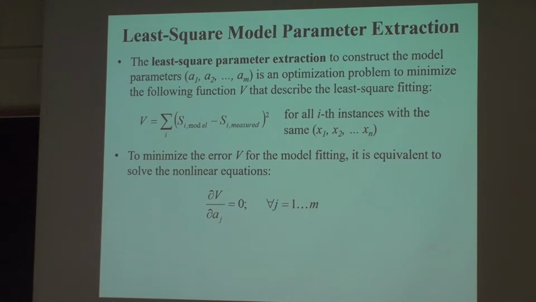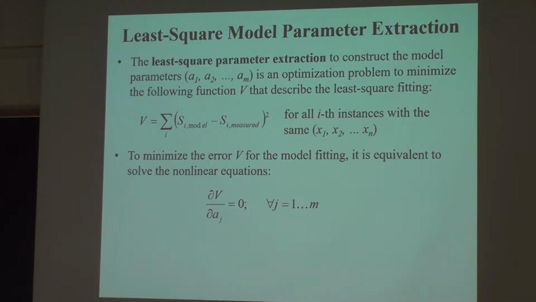Okay. So now, least square model parameters can be simply written down by this, right? My objective function is, for every instance of your independent variables, you have an S model and an S measure. Remember, this S model is not something I know yet because I haven't determined the value of A or the parameters. So this is a symbolic objective function. S measure I have. I have input all the S measure corresponding to the independent variable of X. So this is known already.